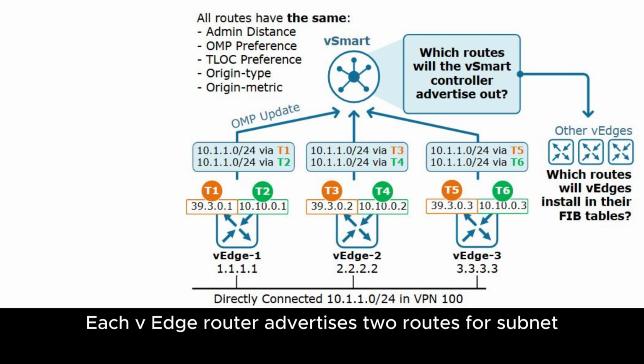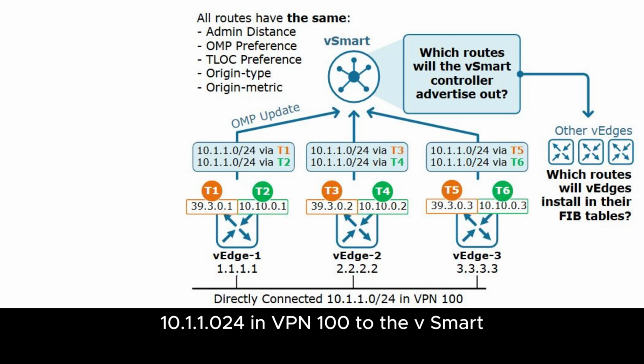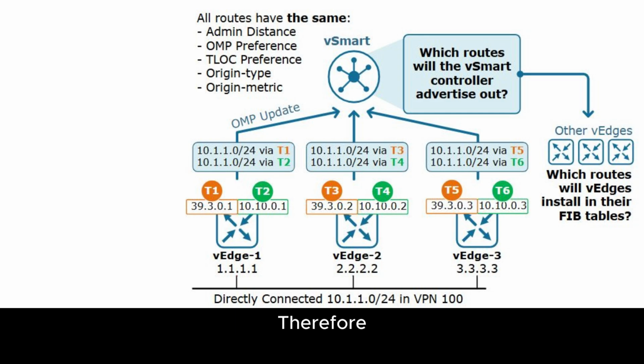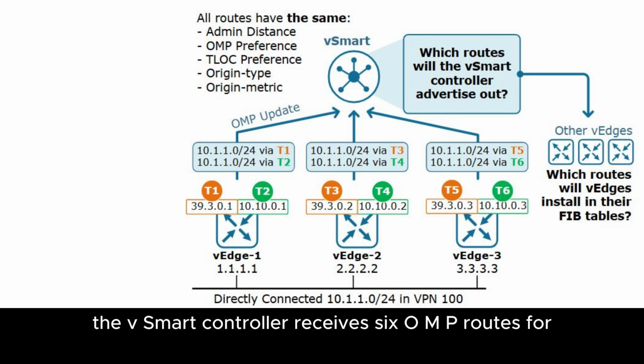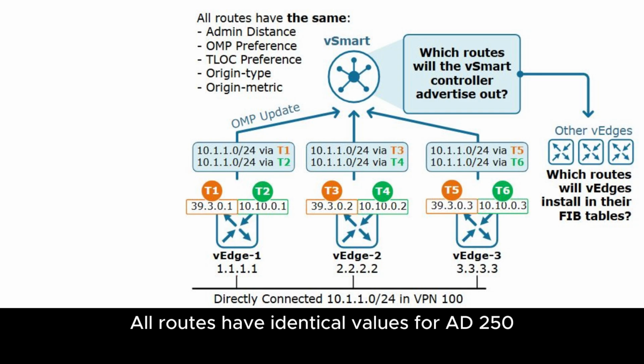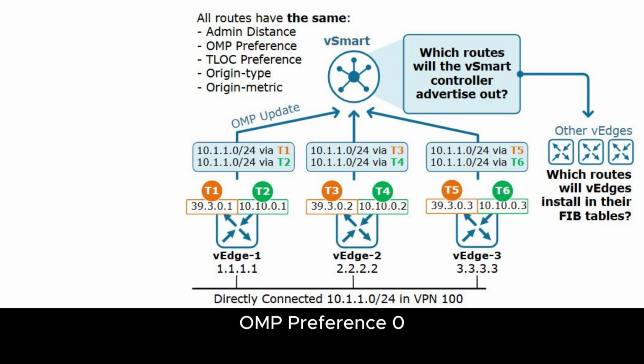Each vEdge router advertises 2 routes for subnet 10.1.024 in VPN 100 to the vSmart controller, 1 via its biz interface TLOC and 1 via its mpls TLOC. Therefore, the vSmart controller receives 6 OMP routes for 10.1.024. All routes have identical values for